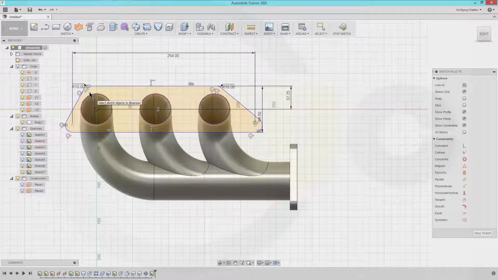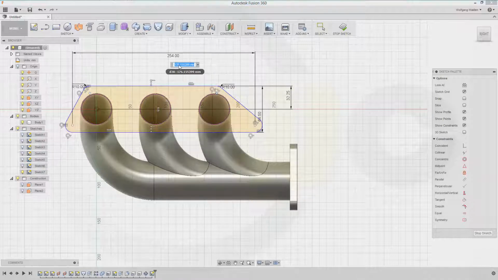And between this one and that one, which might be 210,